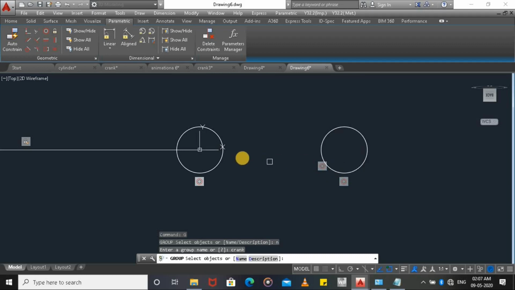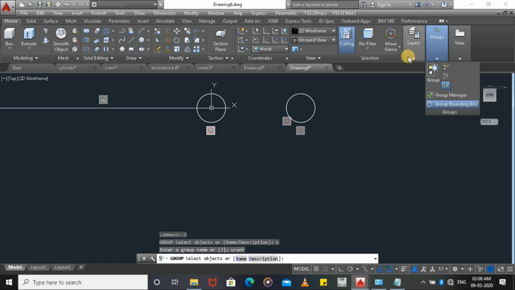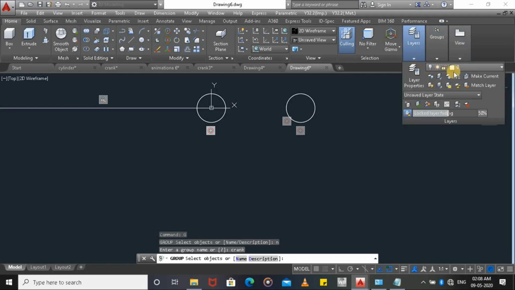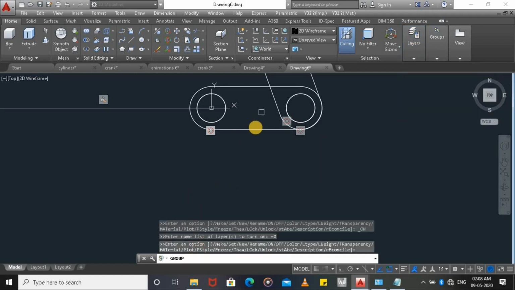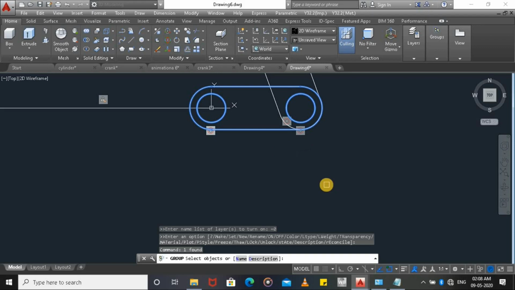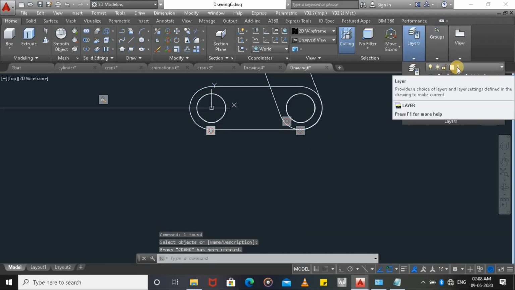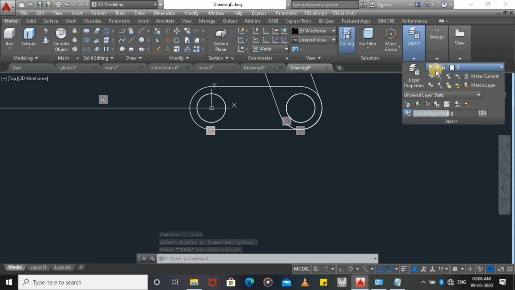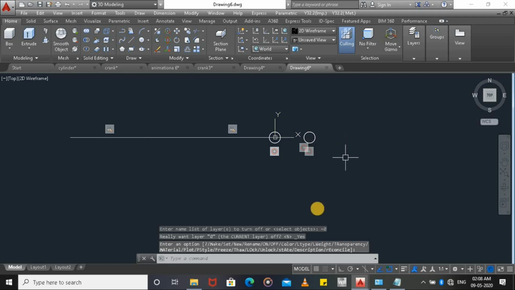If we are unable to select our crank, just go to layer, and then turn on this layer, then in that group we can select this crank. Okay, then again layer, and then turn off this layer.